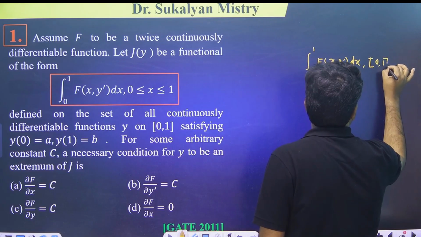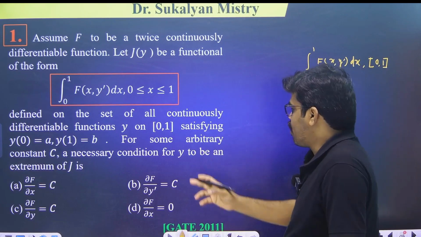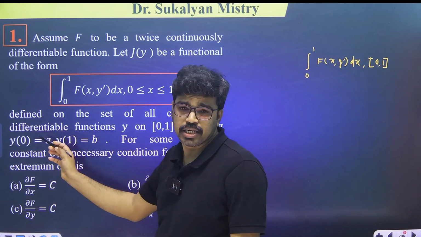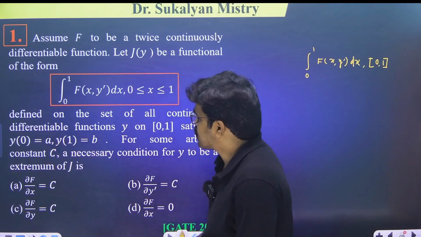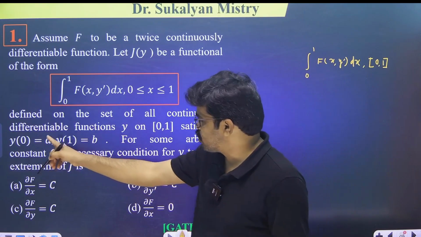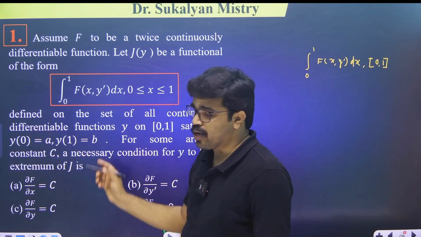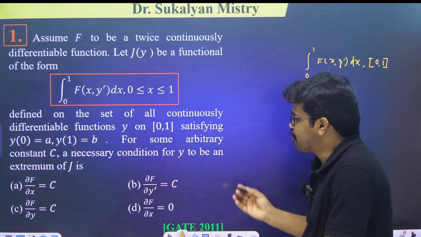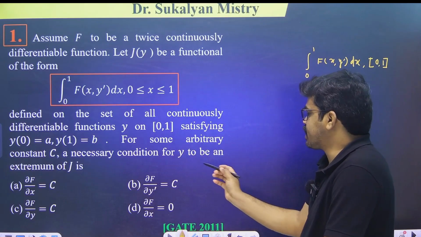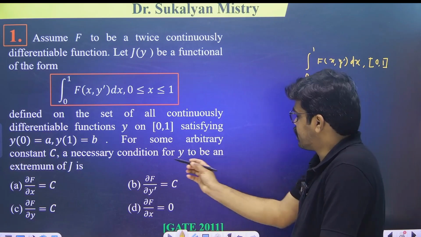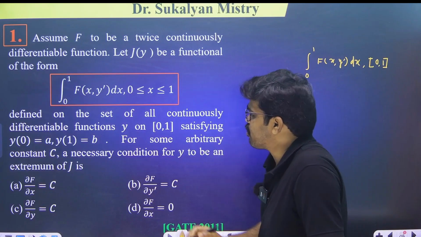Here the boundary conditions are y(0) is equal to a and y(1) is equal to b. That is, at x is equal to 0 the value of y is a, and at x is equal to 1 the value of y is b. For some arbitrary constant c, the necessary condition for y to be an extremum of J